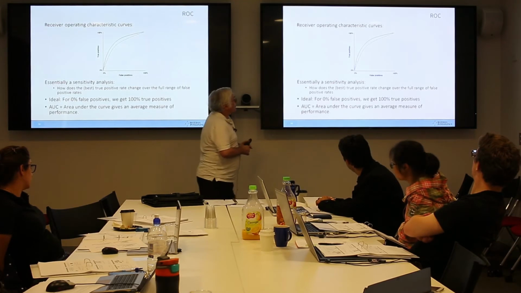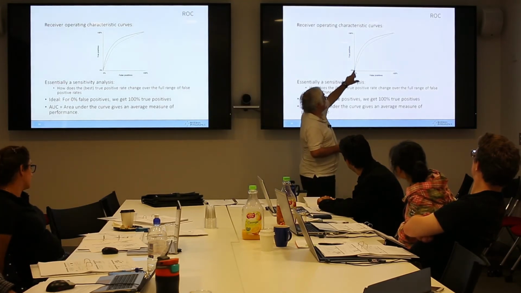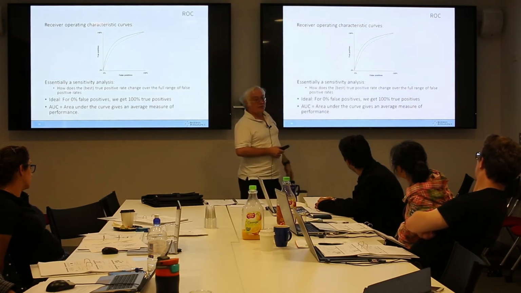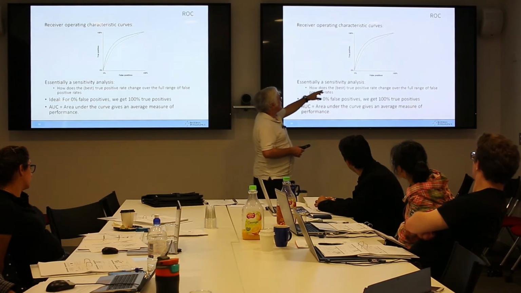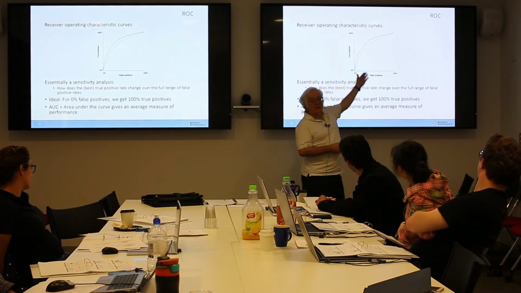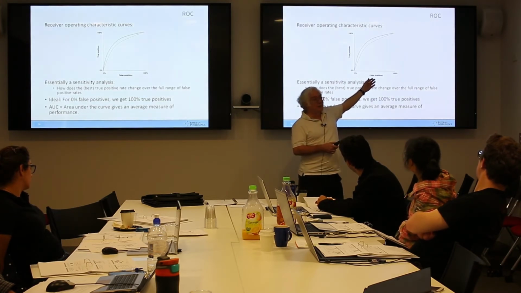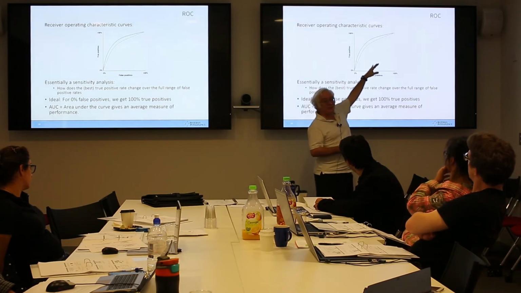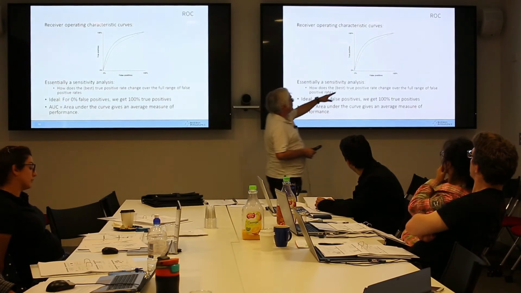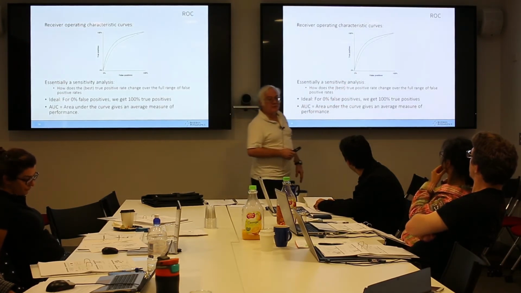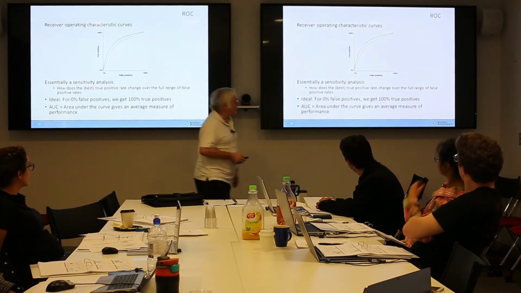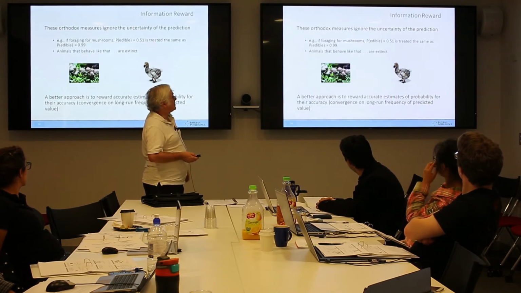So the ideal performance, a perfect model, of course, would give you a true positive rate of 100% all the time. A really simple way of summing up an ROC curve is to look at the area under the curve. If you integrate, the perfect model has a 1, and less perfect models have a 0 point something. A totally random model will have a 0.5. It's just randomly guessing. So anything between 0.5 and 1 is better than complete rubbish. But what does it all mean? Well, it's just another kind of predictive accuracy measure.